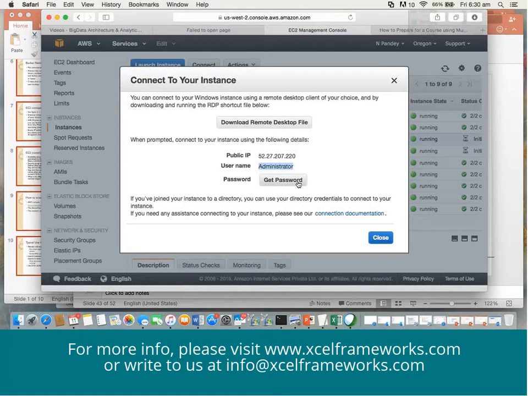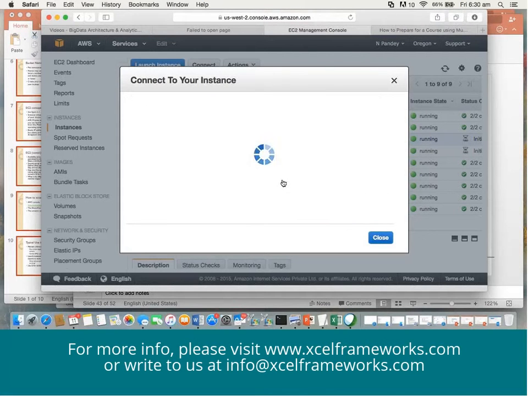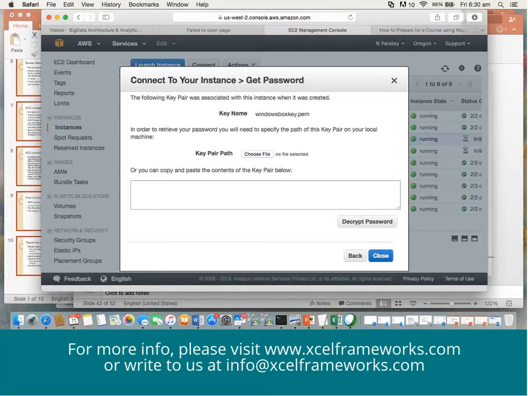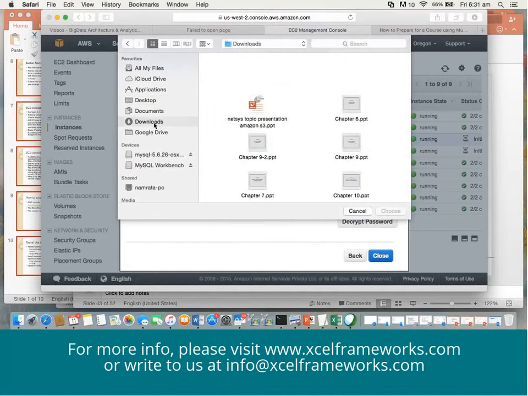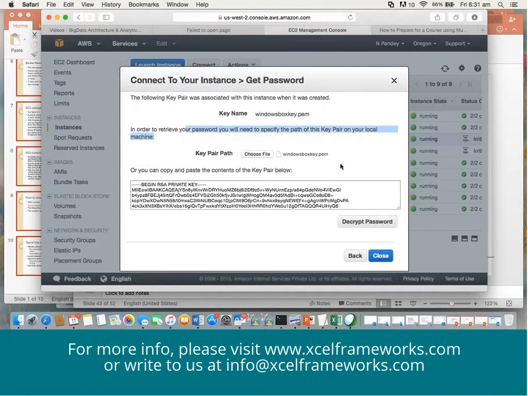Matthew, is it clear? I'll just go and click on get password. Key name is this. In order to retrieve your password, you need to specify the path of this key, right? So I'll just go and choose the file which we have downloaded. This is the key. See the steps how actually you are doing it.